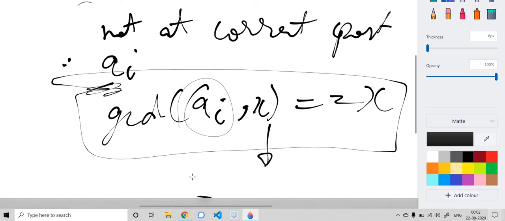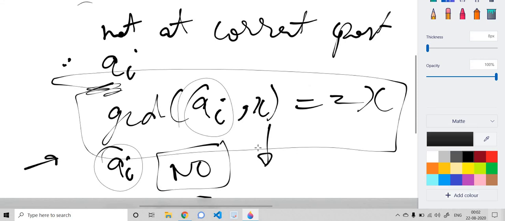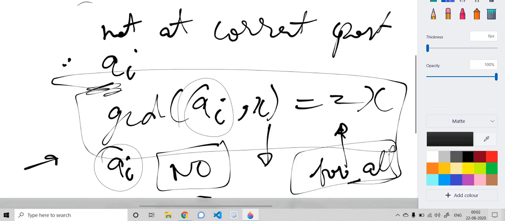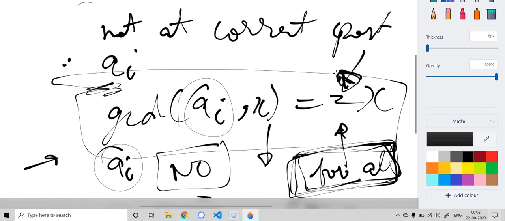And if it is not the case, it means we cannot swap this element and there is no way we can move this current element ai. The answer would be no in that case. And if this property is satisfied for all the unmatched elements, by unmatched I mean all the elements which are not at the correct position, then we are sure at the end we would be able to place them in ascending order. So yeah, let's see the code now.